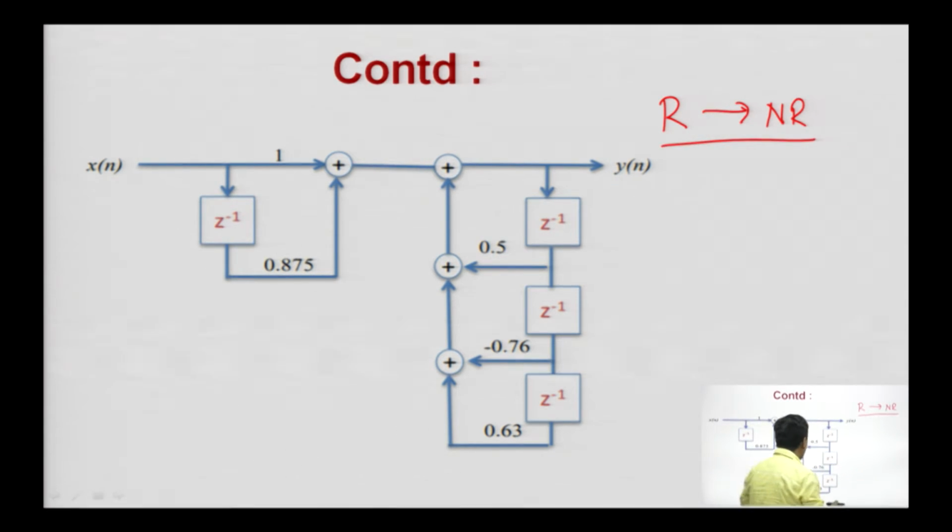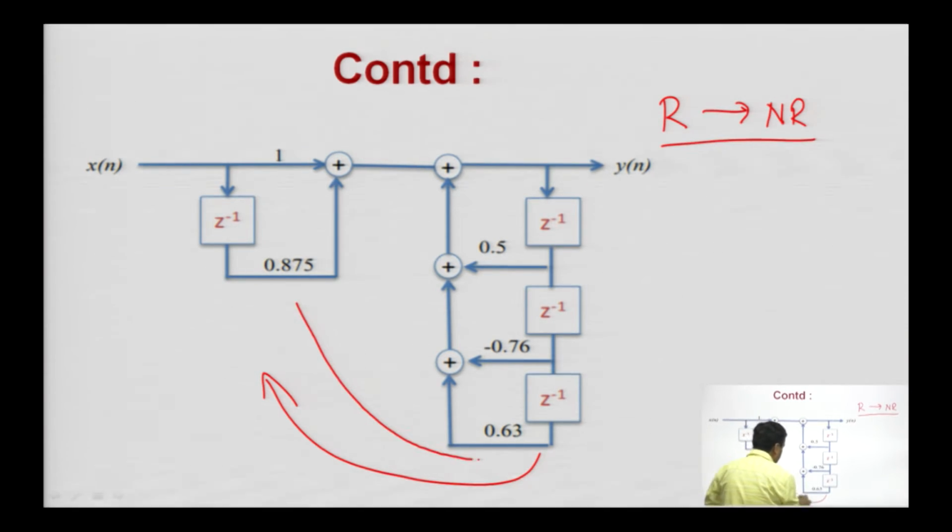So, what will happen here? Just this structure will be here and this structure will be here and you have direct form 2 structure. So, it is very simple and you can realize easily your structure by using direct form 1 and direct form 2. I hope it is clear to all of you.